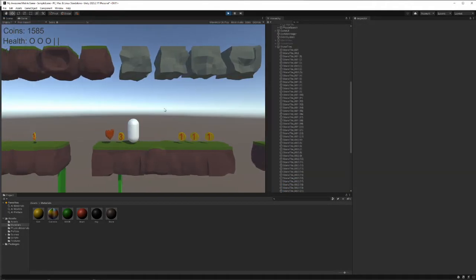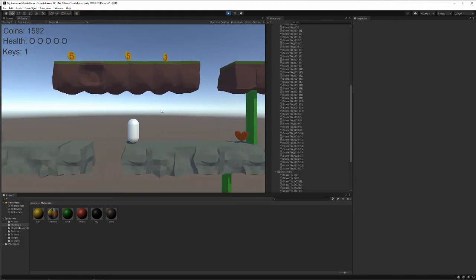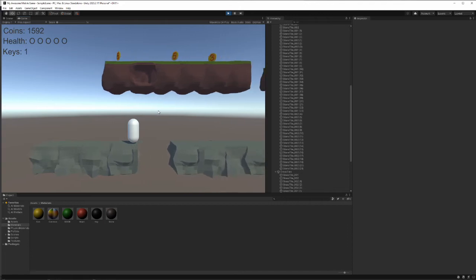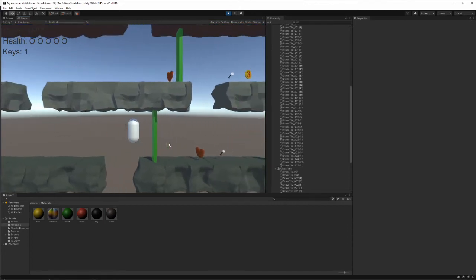So here we are with everything sort of done. Our player is able to move around the world. We can see we have all the different tiles in, and everything still works exactly as expected. We can see that there's some gaps in the world itself, but ultimately everything just worked, and it was really,